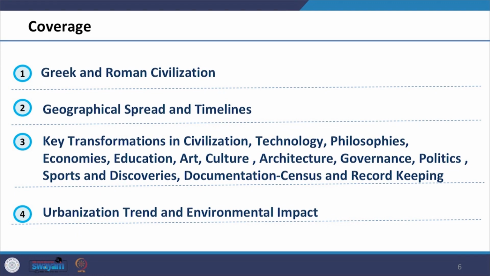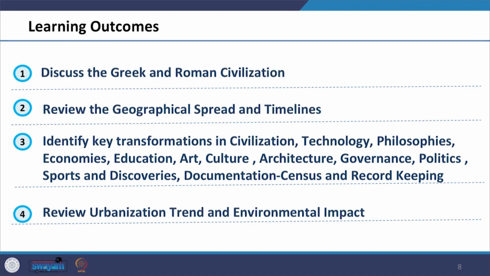according to this coverage, the learning outcome would include that after completion of this session, you should be able to discuss the period, timeline, and geographical, socioeconomic, and political context of these cities. You should be able to compare with the previous period and the current practice. You should be able to identify the key transformation in this period. You should be able to identify the key elements and the components of spatial planning in the cities of these